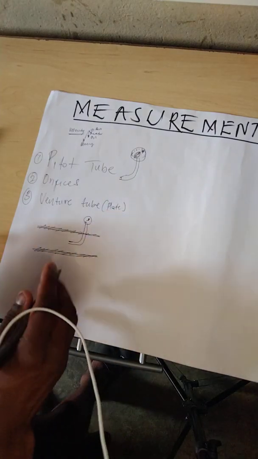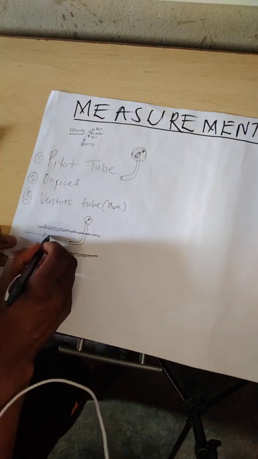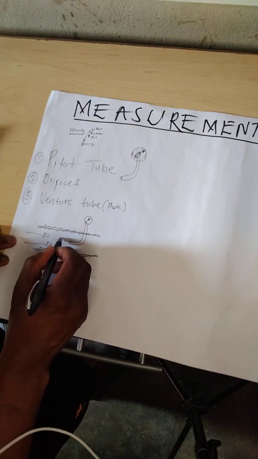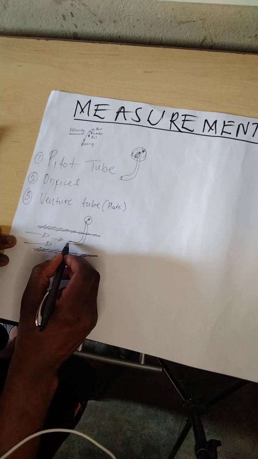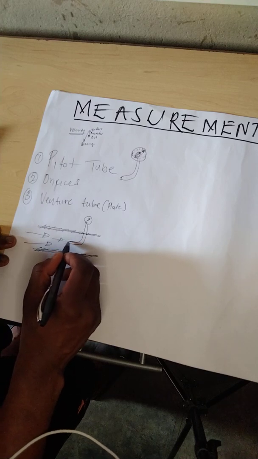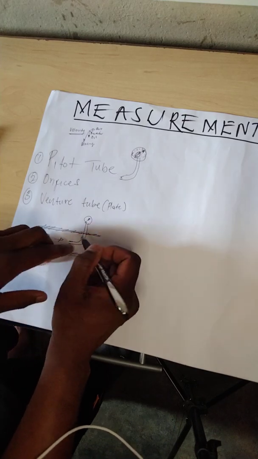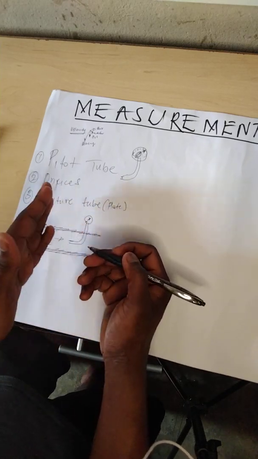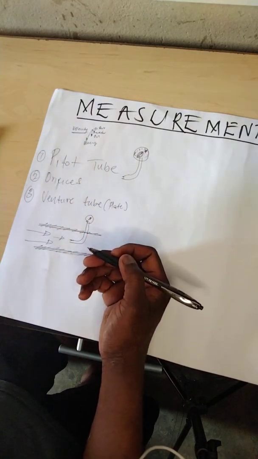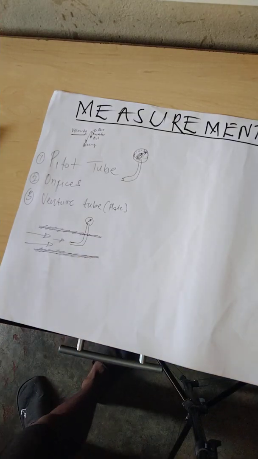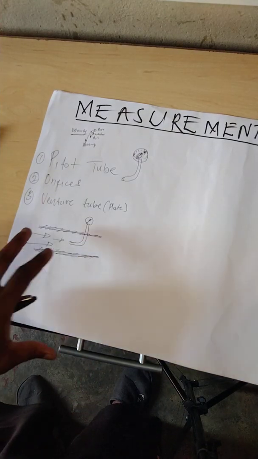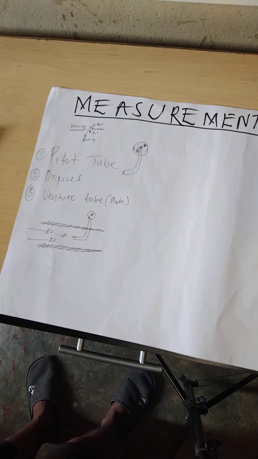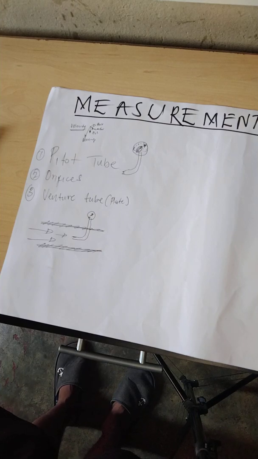Whenever fluid comes through this direction, it's going to enter through here. When it enters through here, it's going to go here. So it will push the gauge, and the gauge will read the speed at which this flow moves. We do know that we have different types of flow. We just explained the basic concept of a